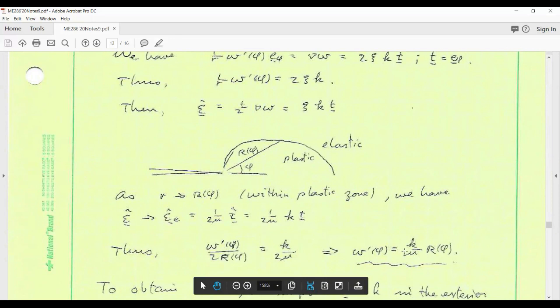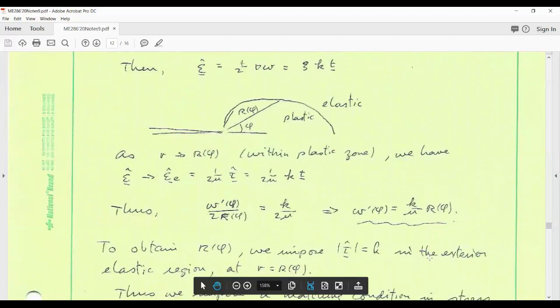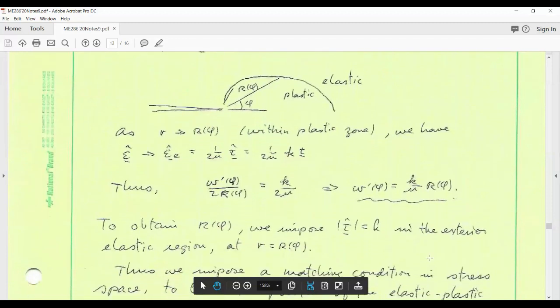This tells us, if only we knew this radius R of phi, we would be able to integrate this equation to get the displacement field in the plastic zone. So everything hinges on R of phi. Once we get that, we simply perform an integration and we get the displacement. How do we get R of phi? Well,